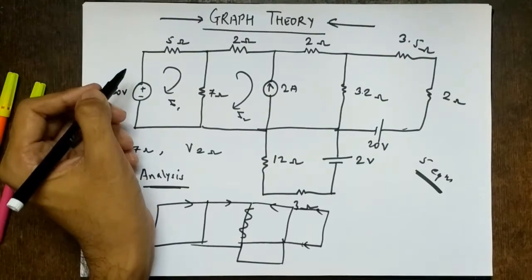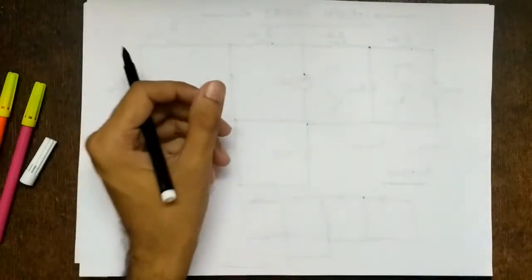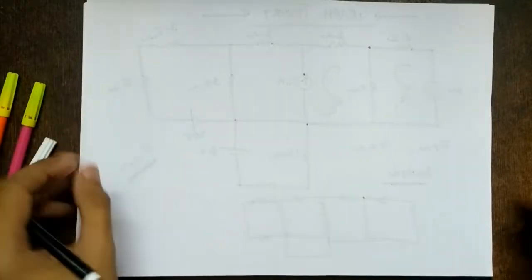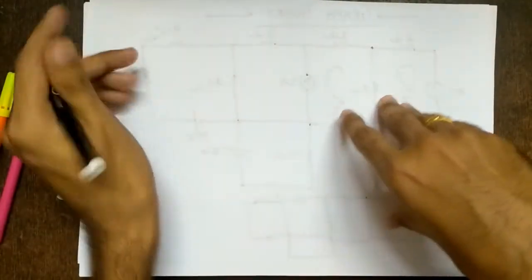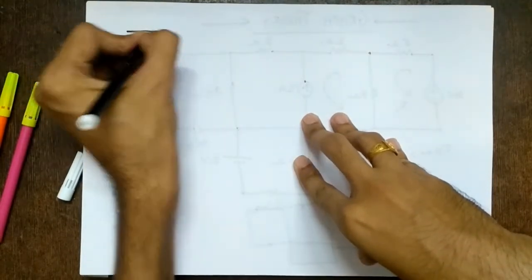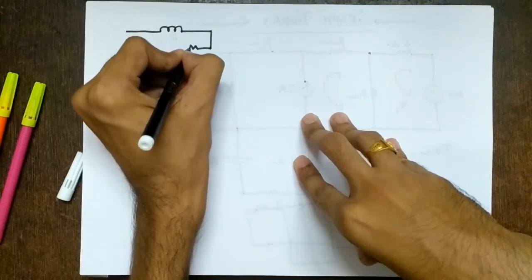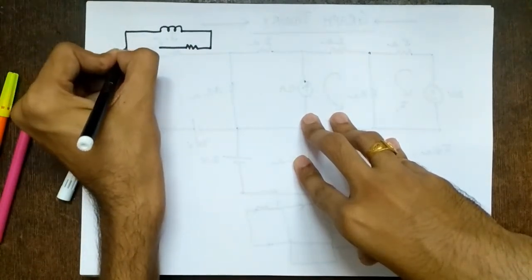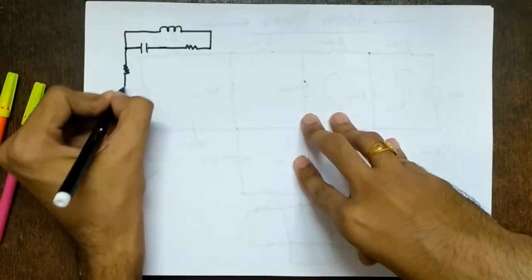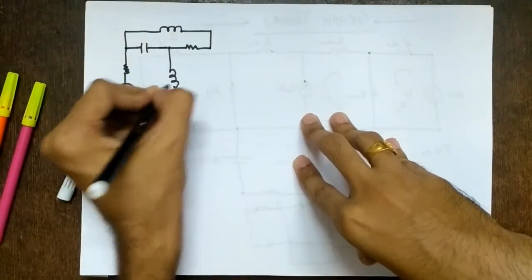So now what is a graph? What I have drawn is a graph. So let's see an example using a simple network now. A graph is nothing but a collection of nodes and branches. So let me take a very simple graph, and as I said, I have just drawn resistors on the previous page. We can have inductors and capacitors also. So I have an inductor, then I have a resistor, then I have a capacitor also. Then I have a voltage source in series with an internal resistance. Then again I have an inductor.